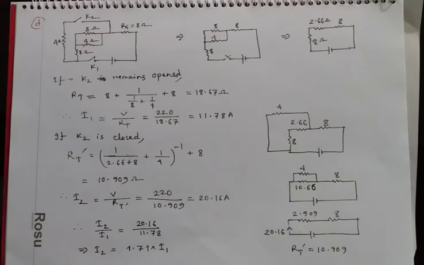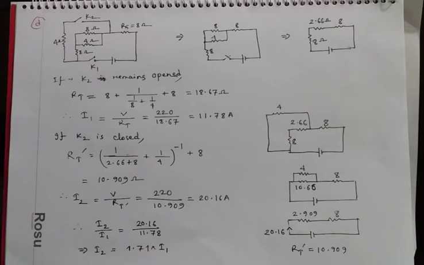And finally, here are 4 resistances: 8 ohm, 4 ohm. These 2 resistors are in parallel, and another 2 resistors are in series, 8 ohm. And finally, we get the equivalent resistance for this circuit. When K2 remains open, the equivalent resistance will be 18.67 ohm. So as we have got the equivalent resistance, now we can easily measure the total current,